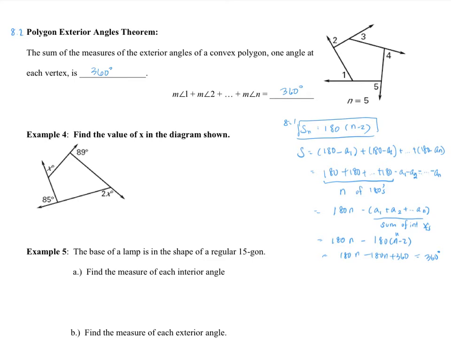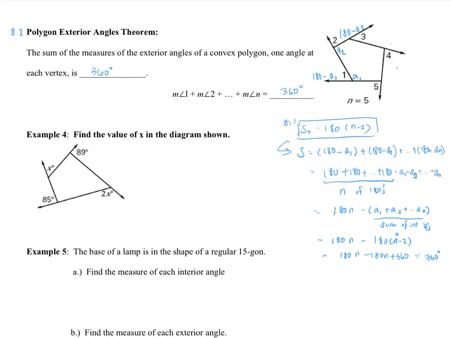So if we look at the picture here, I'm going to let A1 be one of the interior angles, and A2. So then for angle 1, one of the exterior angles could be represented by 180 minus A1, and angle 2 can be represented by 180 minus A2, and so forth. Okay, and if we look at the formula down here, or at the beginning of the proof,